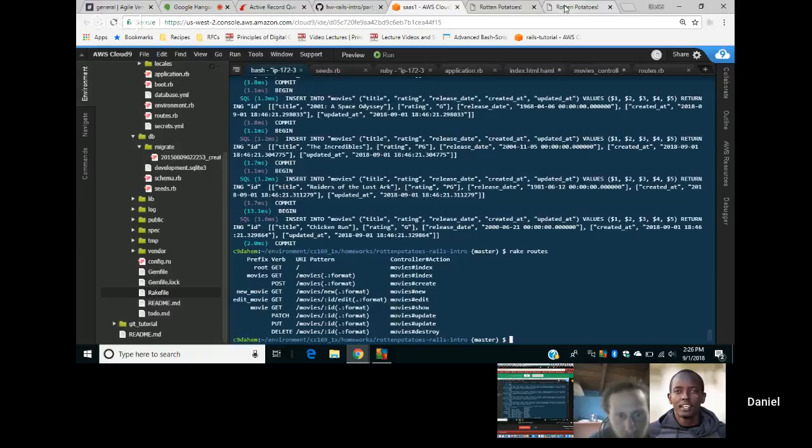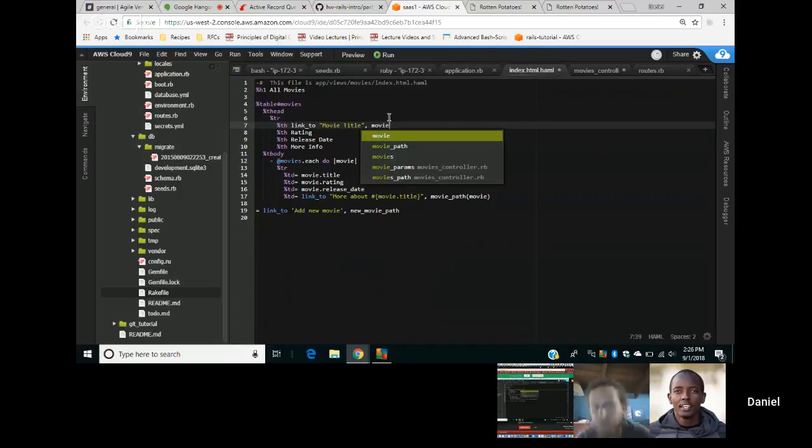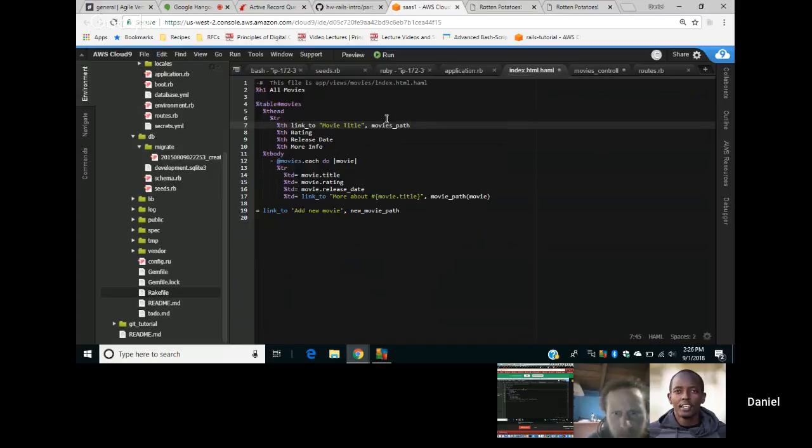Okay. So movies_path. Go ahead, Joseph. Why is it edit a movie and it's using get? Yeah, good question. That should be post or patch. So if someone wants to try to answer that, I can also send a